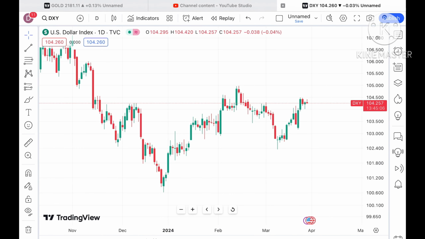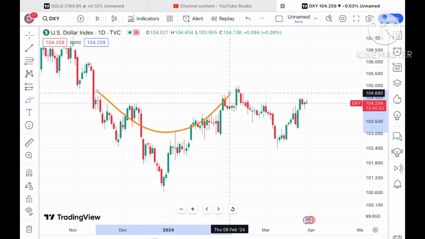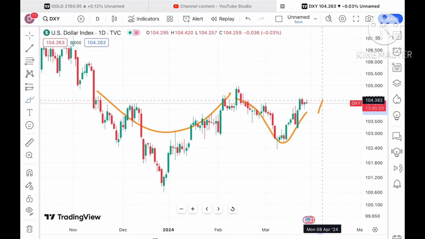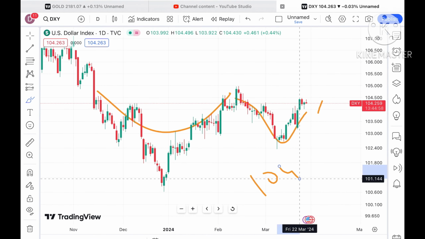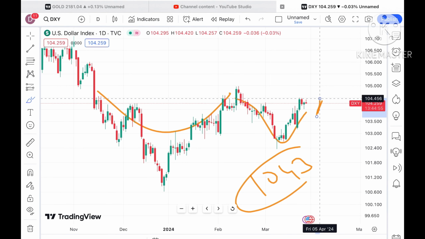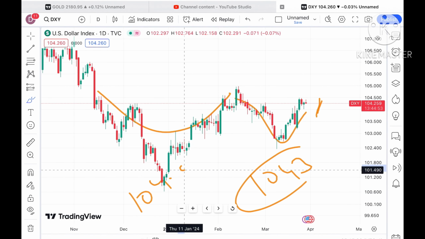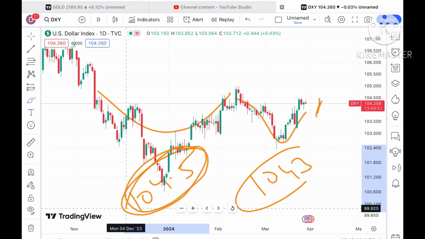Look at the dollar index also, you will see clearly that there is a probability of going further upside, because chances are higher that if the price keeps sustaining a further high, we can see this U pattern forming. After that there will be an upside towards a level of 104.3, and if it starts going above this level, it can cross a level of